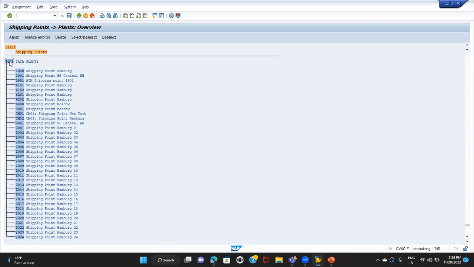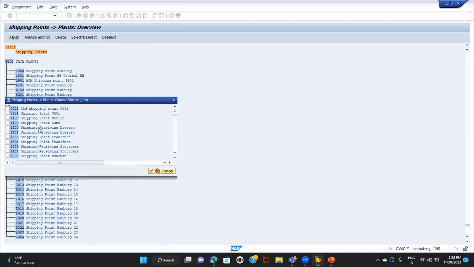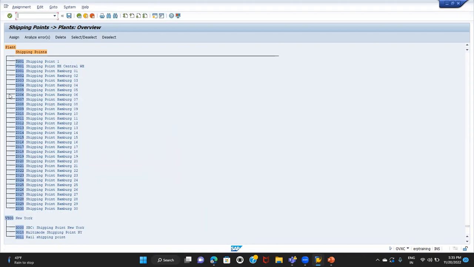Select your plant first on the higher level node. Then click on the assign button. Here we can find the list of shipping points which can be assigned. Come down and search if your shipping point already exists here or not. If you see here, TG01, my shipping point, already exists. So select this and click continue. So my shipping point TG01 is assigned to